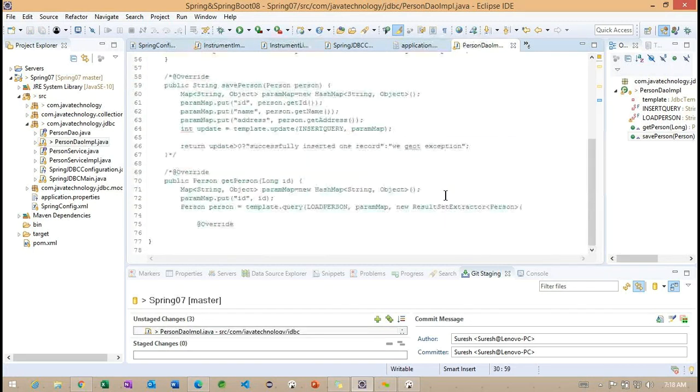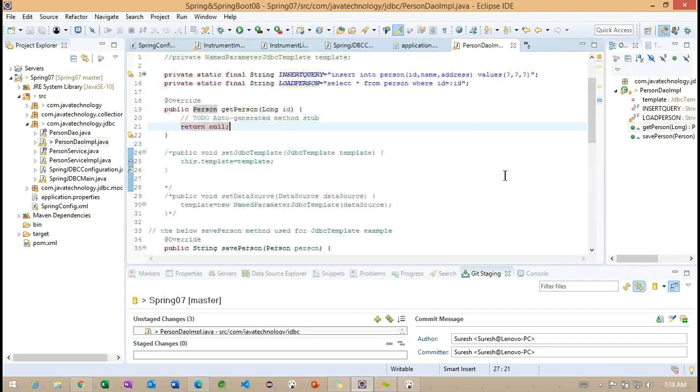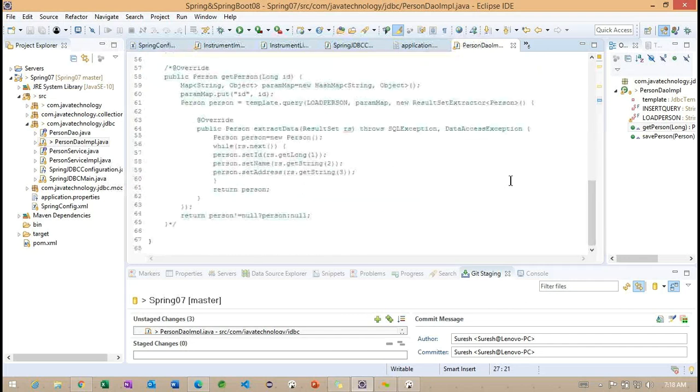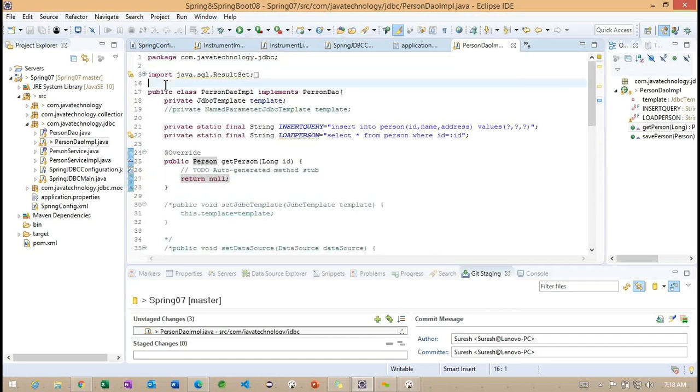If I try to move from XML to annotation, what are the steps we need to follow in the PersonDaoImpl? Like now, in this example we are converting XML to annotation. So what information can I write in PersonDaoImpl to convert this class into an annotation example?